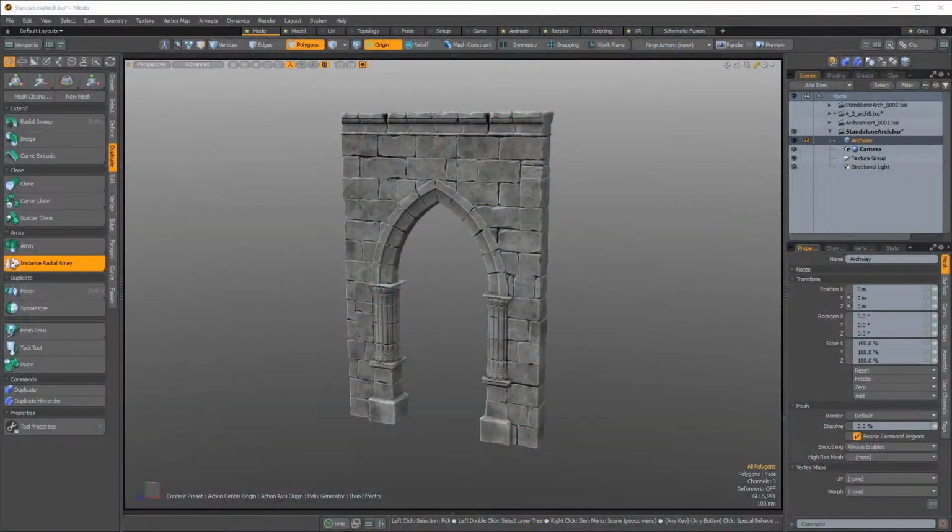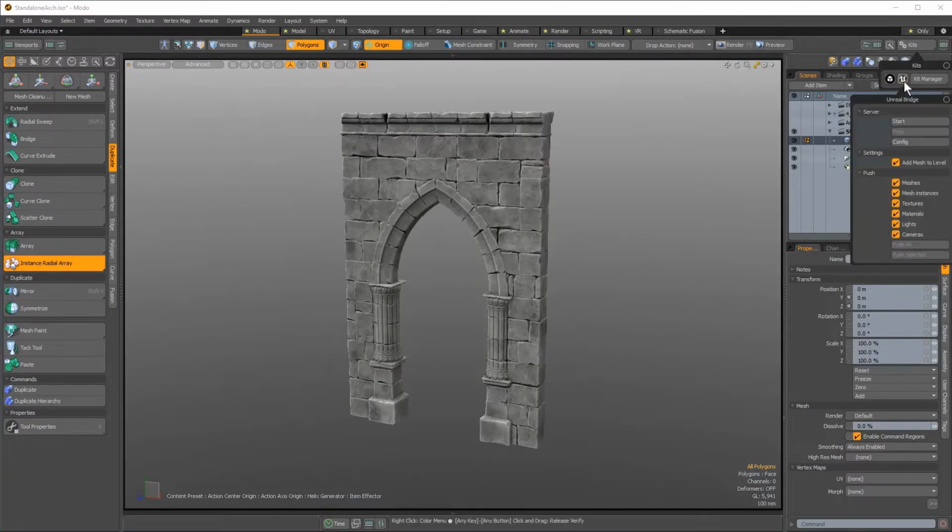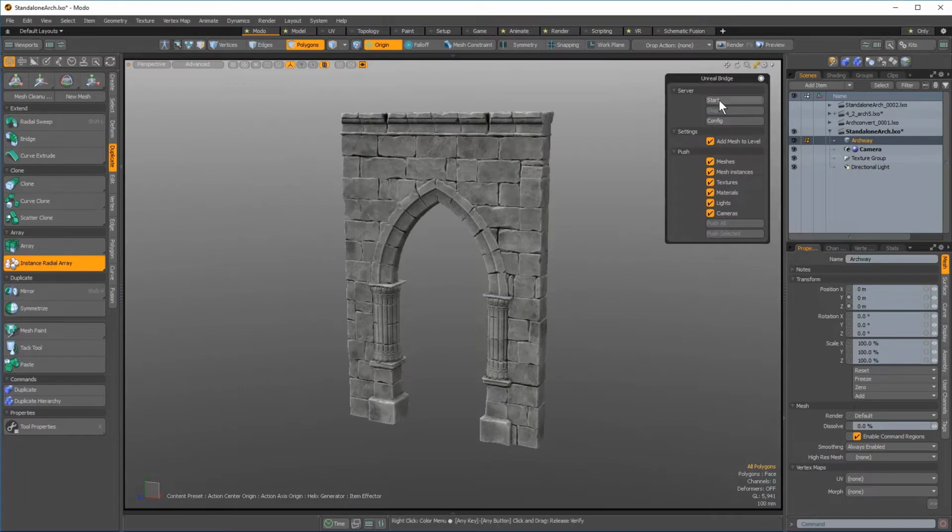The Unreal Bridge plugin in Modo 12.2 has been updated to use our new scene transfer protocol. This allows for much more robust transfer of assets between Modo and Unreal Engine. To use it, all you have to do is come to Kits, open up our Unreal Bridge palette here, and